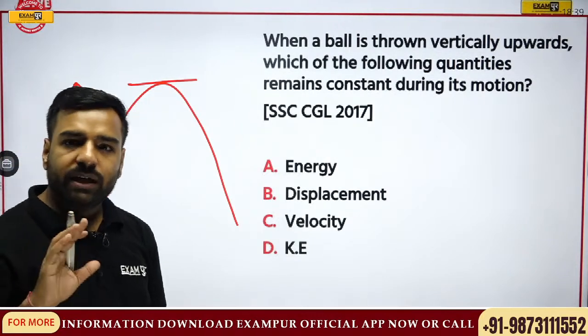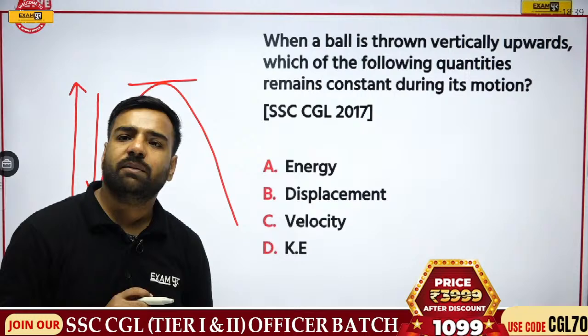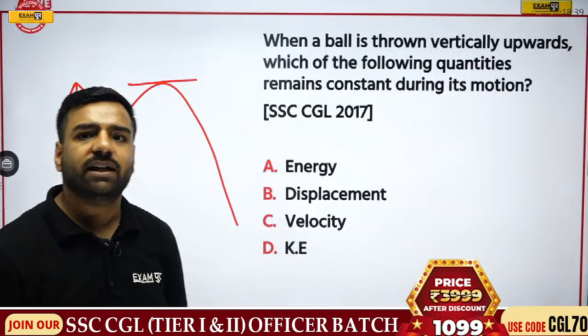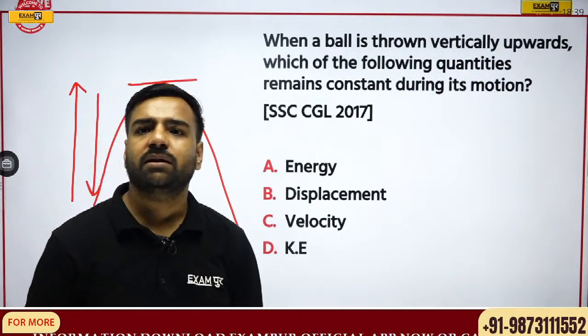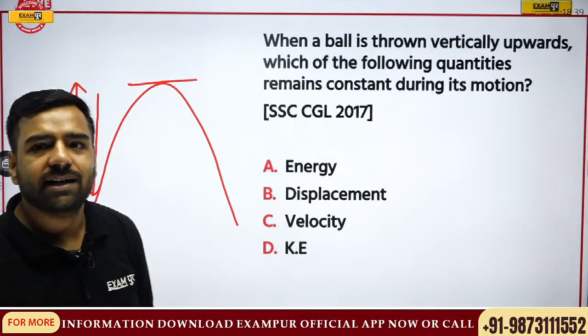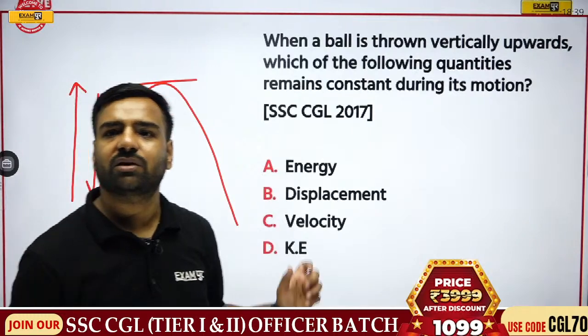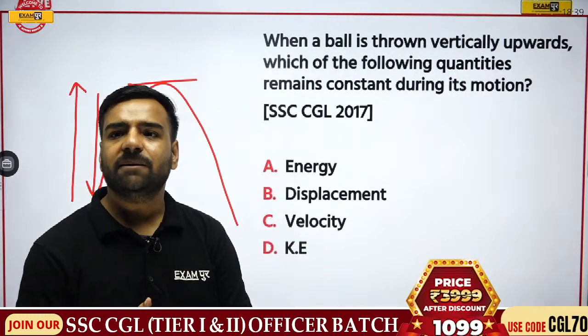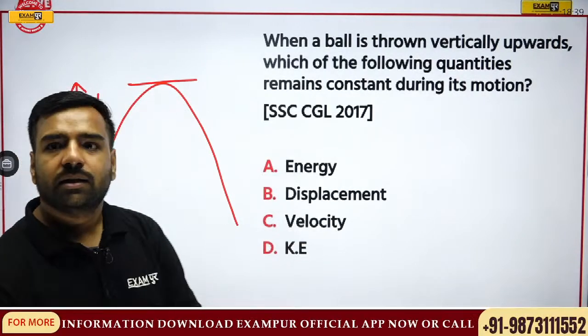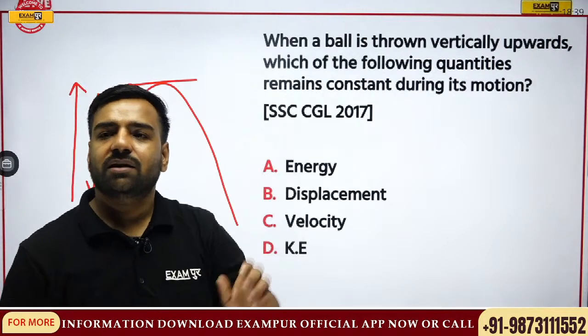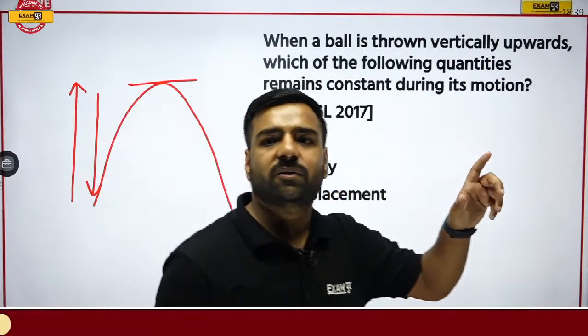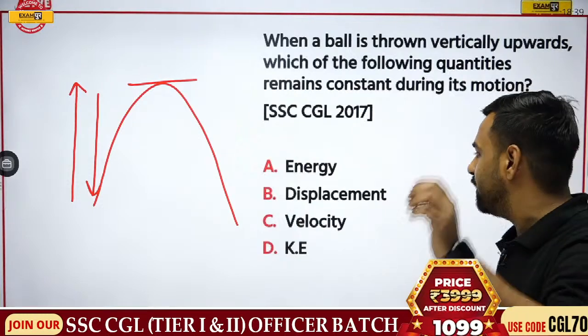We have two types of energies, right? One would be potential. Monali is saying the answer would be displacement. Sarika, you are talking about kinetic energy? Ganesh is with D, Naina is with B, then Sarika is with D. So Naina is with B, Monali is with B, and others are with D. Okay, let me explain this part.